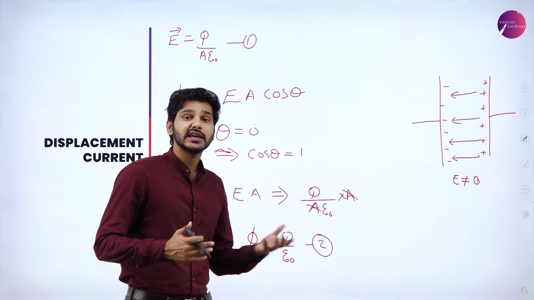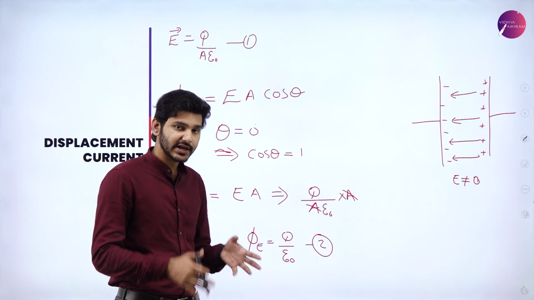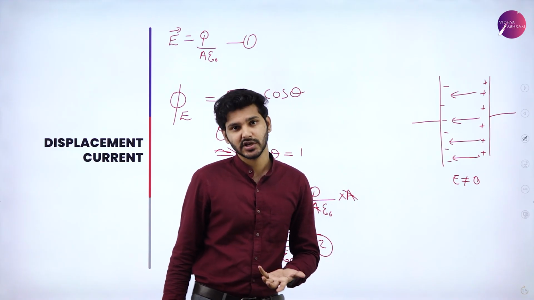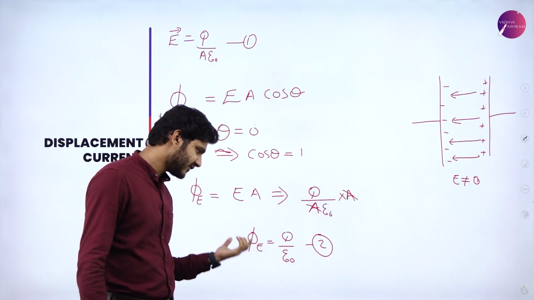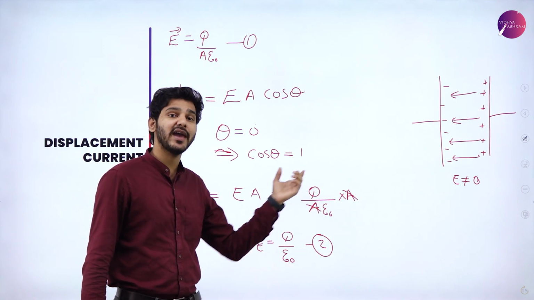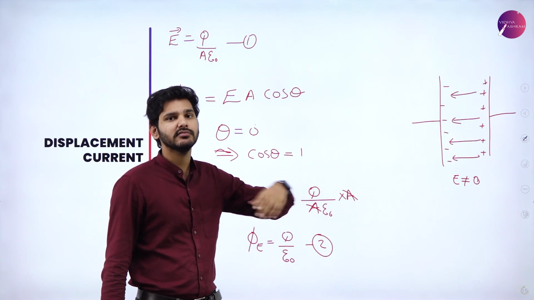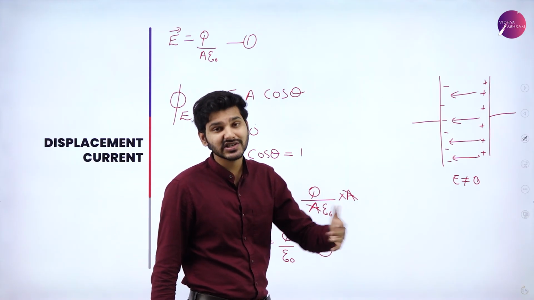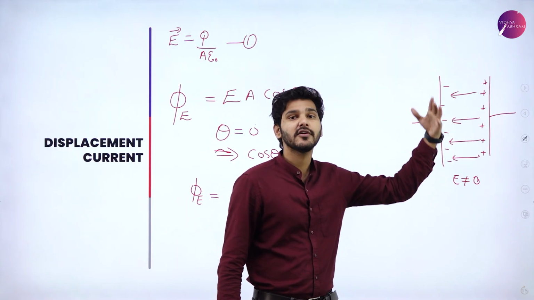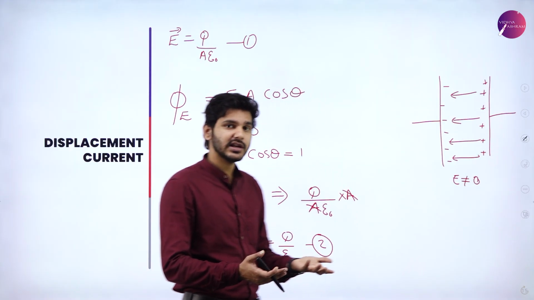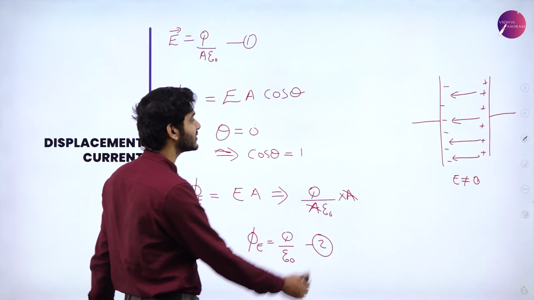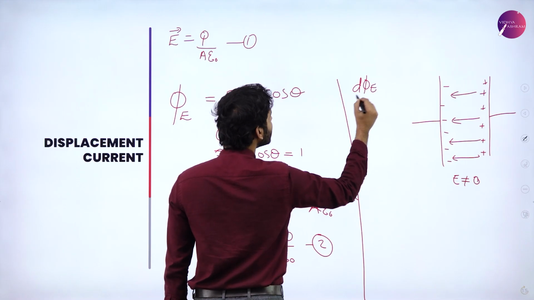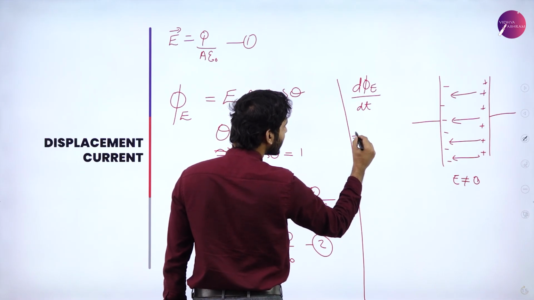Now, what did James Clerk Maxwell argue? He argued that a time varying electric field is the factor that is producing the current here. So how can you mathematically write that? We have the flux here. With time, if the current is alternating, that is, if the current is changing, automatically the charge density during charging and discharging will change, so these plates will have varying electric fields, and automatically the flux will also vary. If that happens, d phi E by dt can be written down as